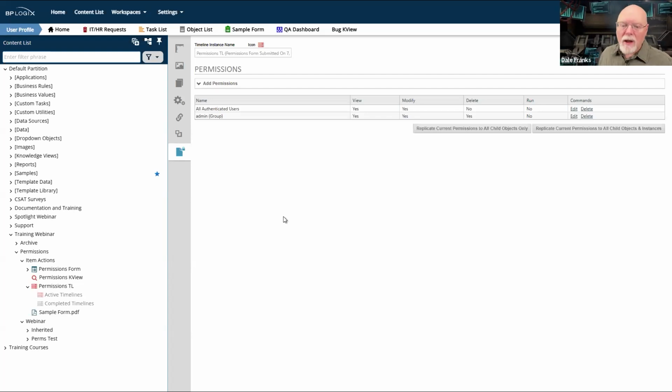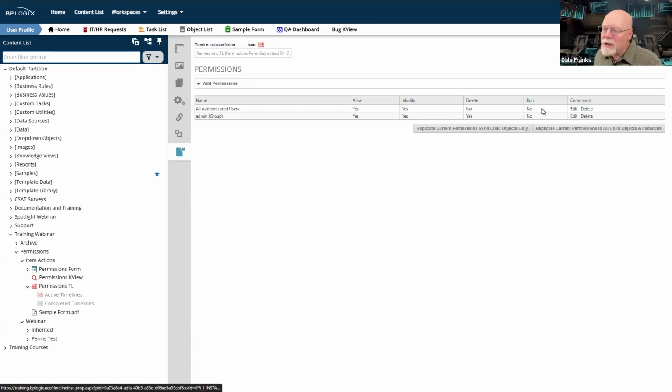So in this case, the form instance has view children and modify children permission for all authenticated users. And when this timeline instance was created, the view children and modify children permissions are transferred on the child object as view and modify. I did not have delete children checked on the process timeline definition. And so therefore, on the instance, delete permission has not been granted to the instance.